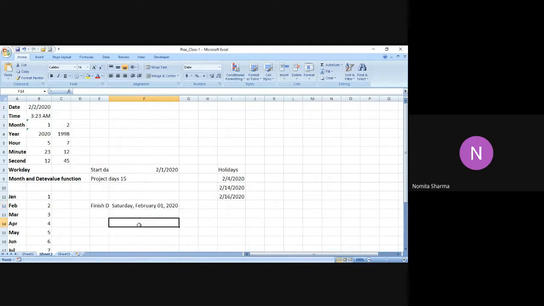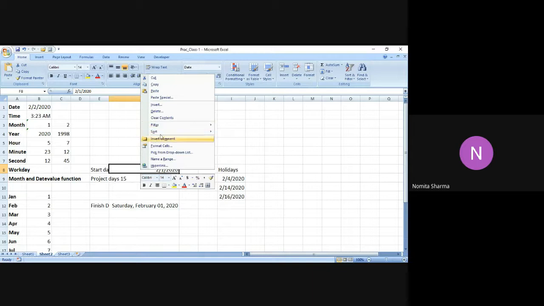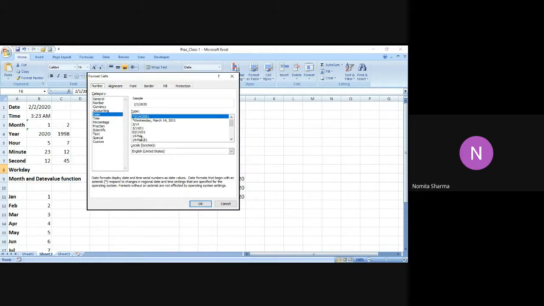And you can very clearly see that if I'm starting my project on 1st of Feb, I'm going to complete my... okay, let me check the format of this cell as well, so that I'm more clear about the interpretation. So if I write this, let me write this in this form.